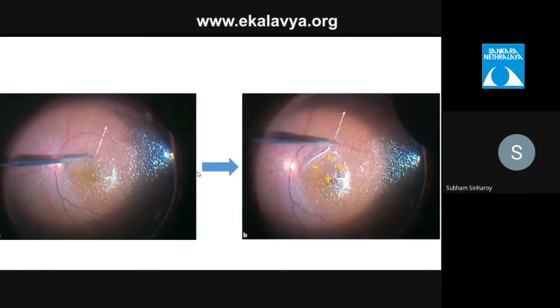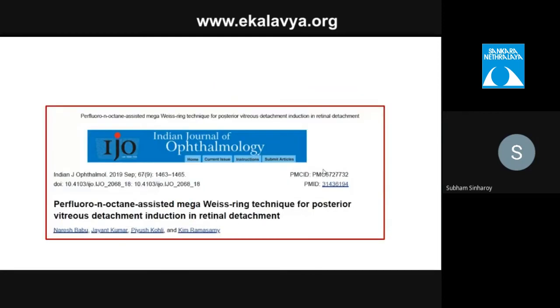Like in the diagram, you can see that after IVTA staining, the surgeon is using active aspiration suction towards the vascular arcade, and in the event of that, a small opening is created. You can see it marked here with the arrows. Through this opening, the fluid will seep into the subhyaloid space and eventually lift the hyaloid from the surrounding periphery. That is the hydrodissection technique.